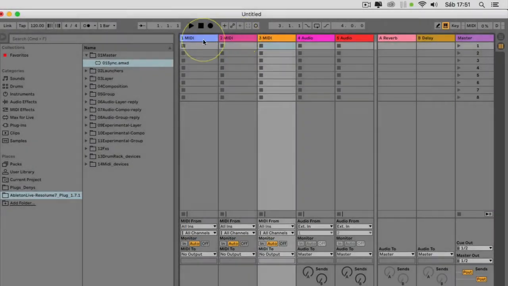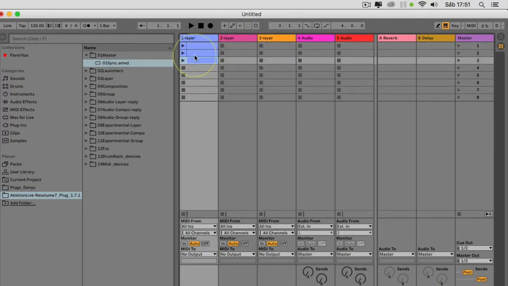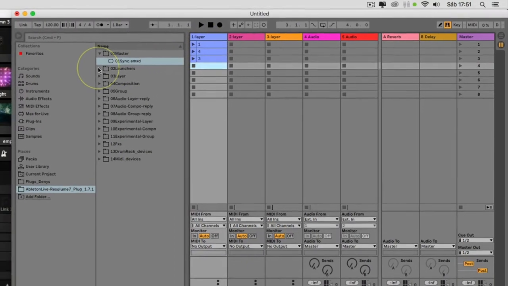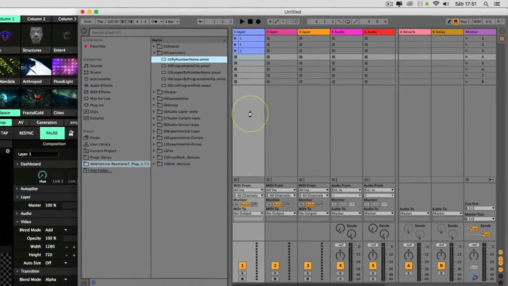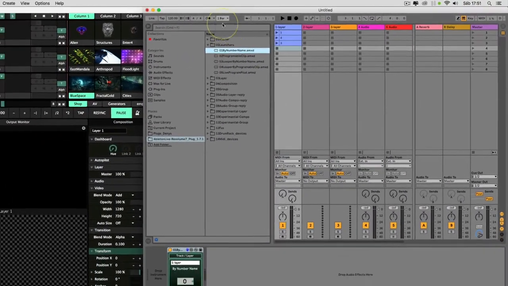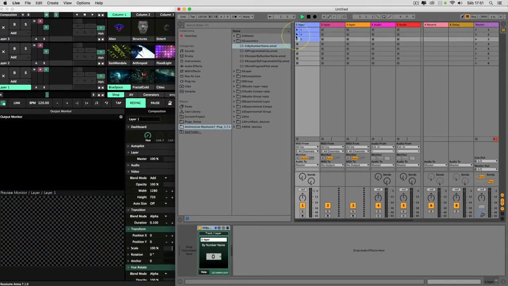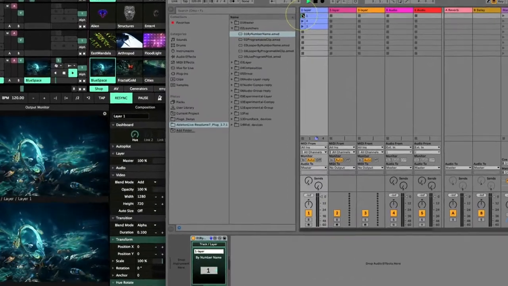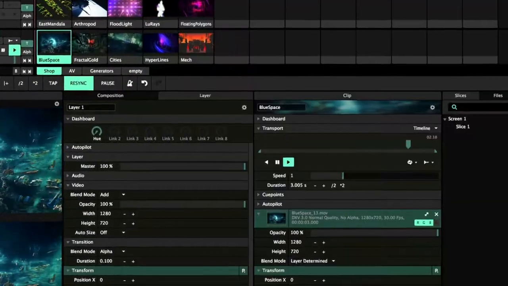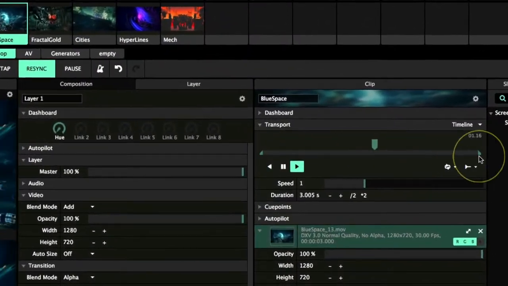Okay, the first thing you have to do is to rename your AbletonLive tracks in order to control your preferred Resolume layer. Then create some clips and write the number of the Resolume clip you want to launch. Drag the by number name device into track 1. When you play an AbletonLive clip with a by number name device dragged into your track, you are playing the